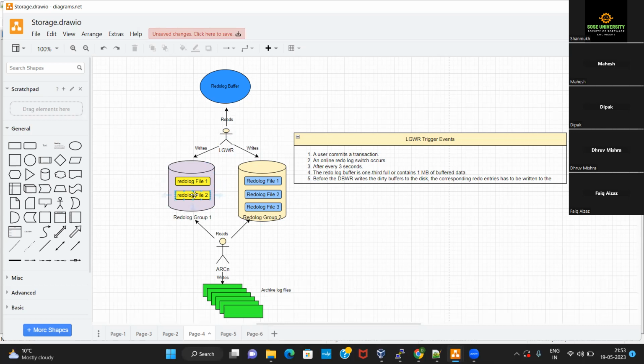So what we are achieving here is, if for some reason one of your redo log files gets corrupted or deleted, you will still have those redo entries present in the other redo log file inside the same group. Understand that?